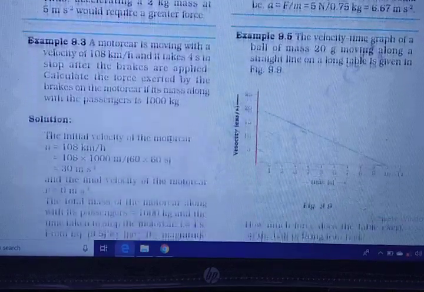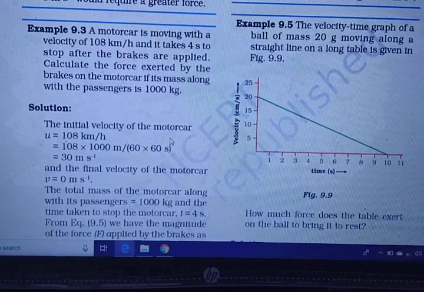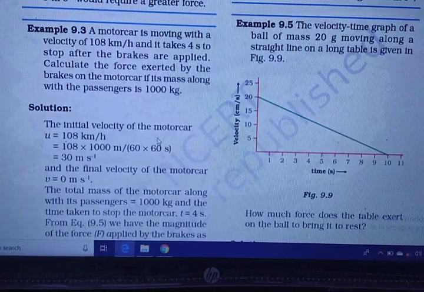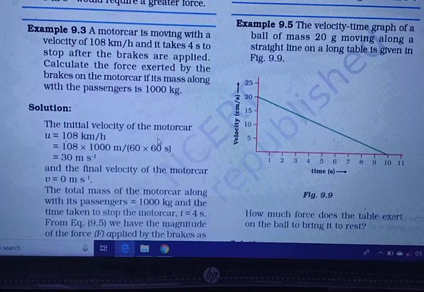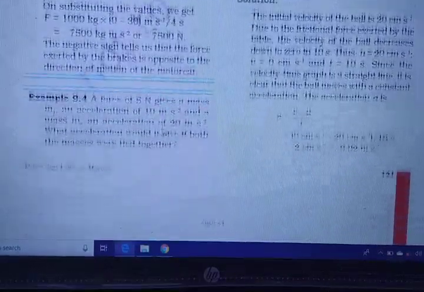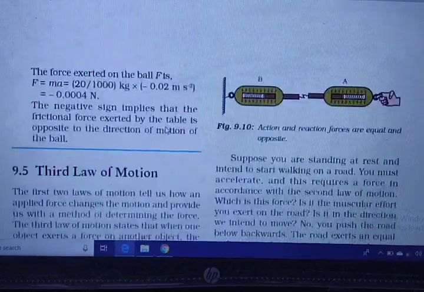Got it? I hope all of you have solved this type of question, and here it's also represented. It's very easy, you have to solve it. If you are not able to understand, then please drop your doubt in the comment box section so I can understand that you are not able to understand. Now we are moving towards the third law of motion. I hope all of you have solved all this, right?